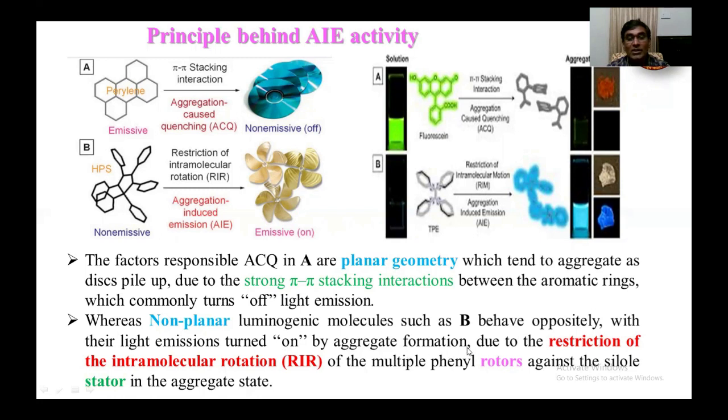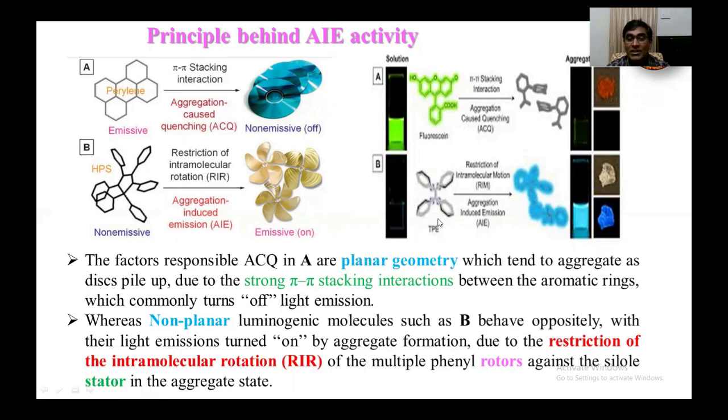So you can see here the interaction between the molecules, the intermolecular interaction, is somewhat different as compared to the perylene in solid state. Again, you can see the very famous dye, the fluorescent green emitter. It is highly fluorescent in solution state, but in aggregate state it is non-emissive. In case of tetraphenylethylene, this is purely non-emissive in solution state, but in solid state, it is